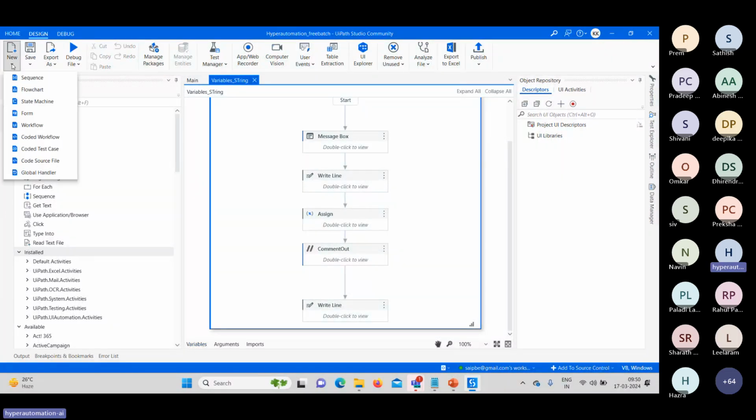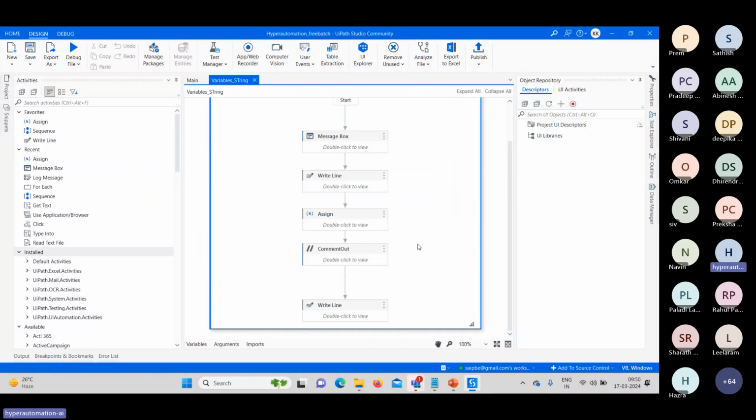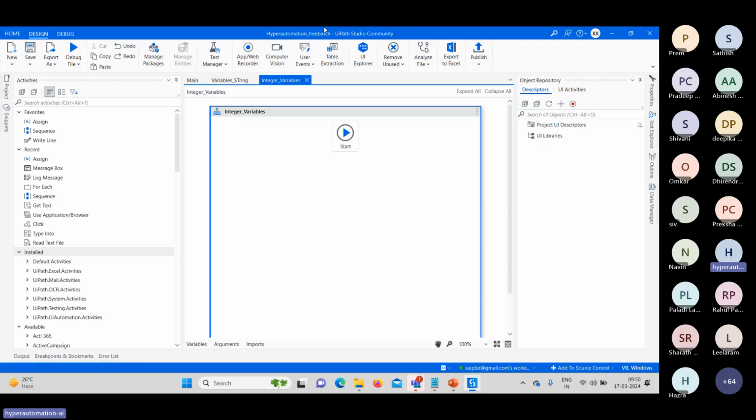So now let's see how, programmatically, we can create variables with a shortcut key. We'll now talk about integer variables. We'll create some integer variables here. What I want to do is add two values, subtract two values, or multiply two values. And the two values which I am trying to pass here,